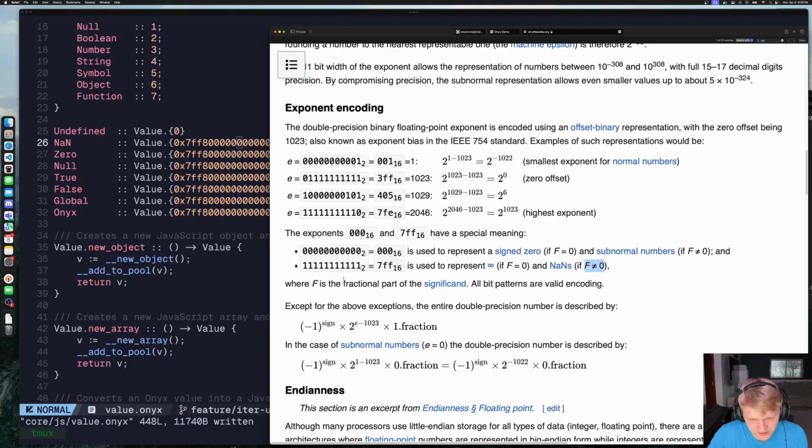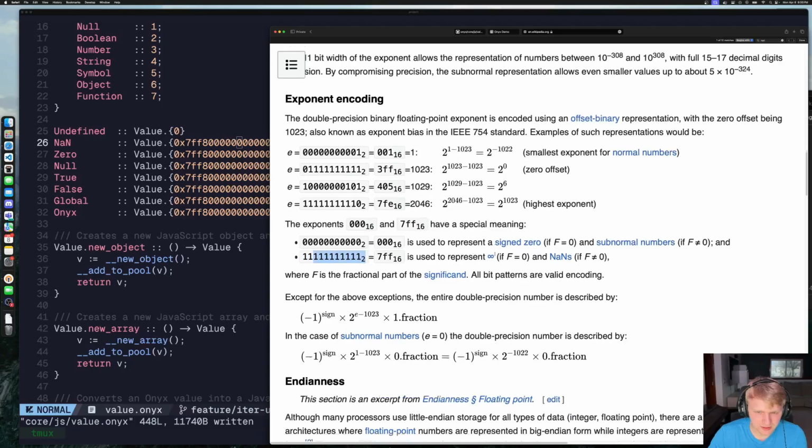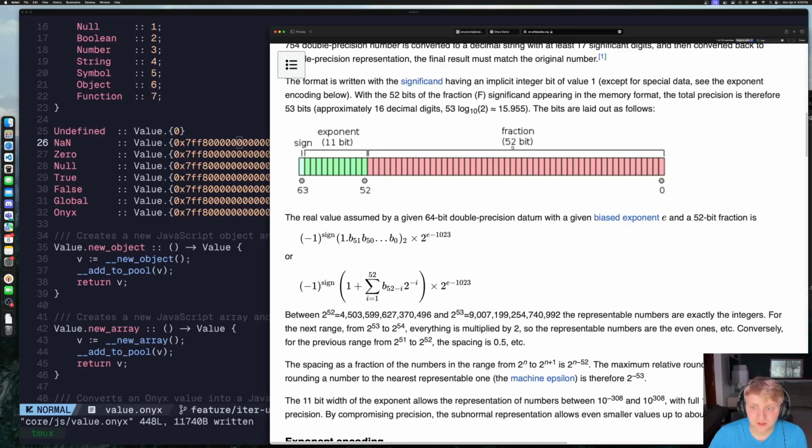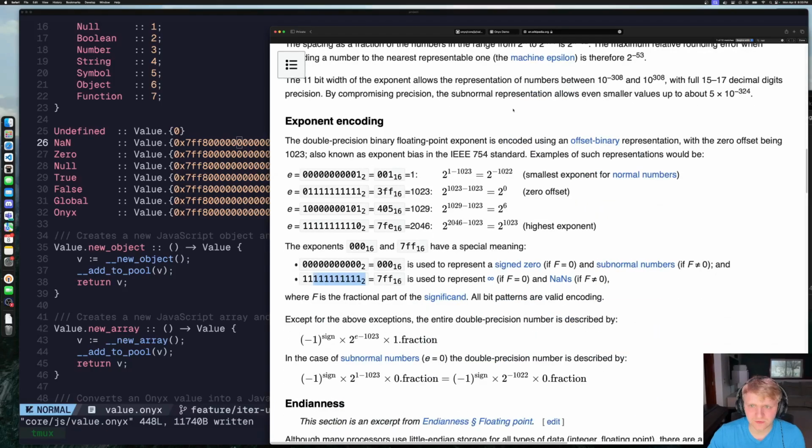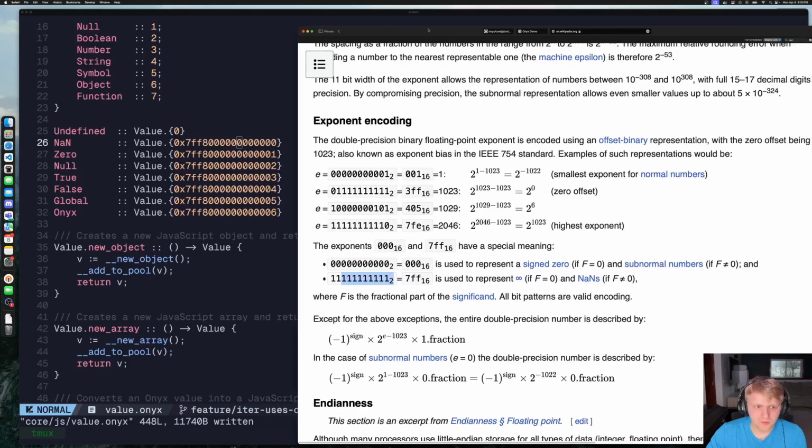And so what this means is that when all the exponent bits are 1, there are 52 bits that can be whatever you want them to be, so long as they're not all 0, and they're all technically not a number. Right? Which feels wasteful, but they had good reason to do it this way. But what you'll notice,